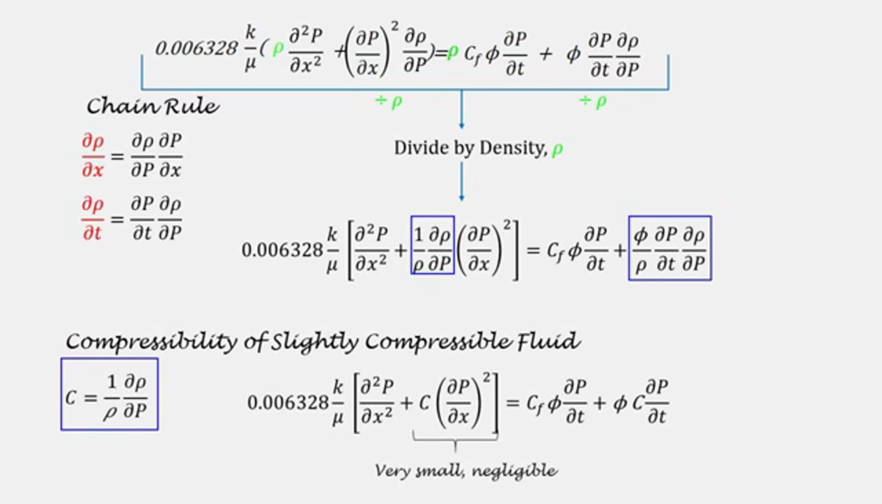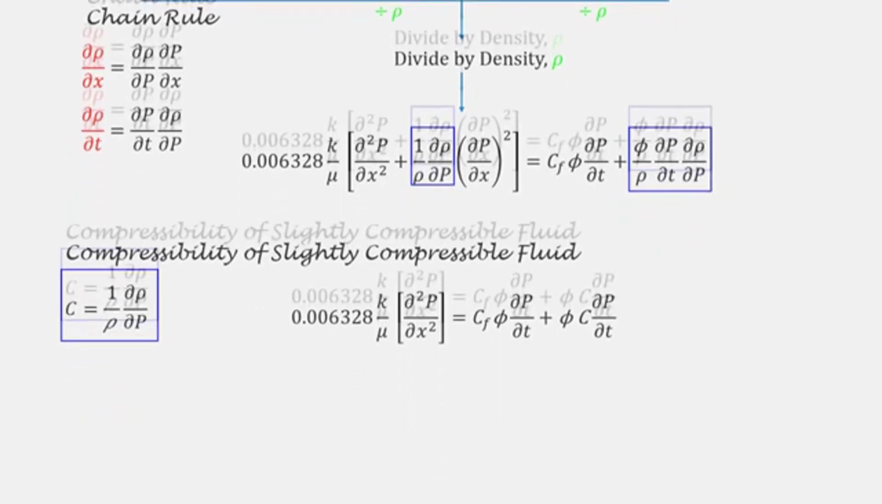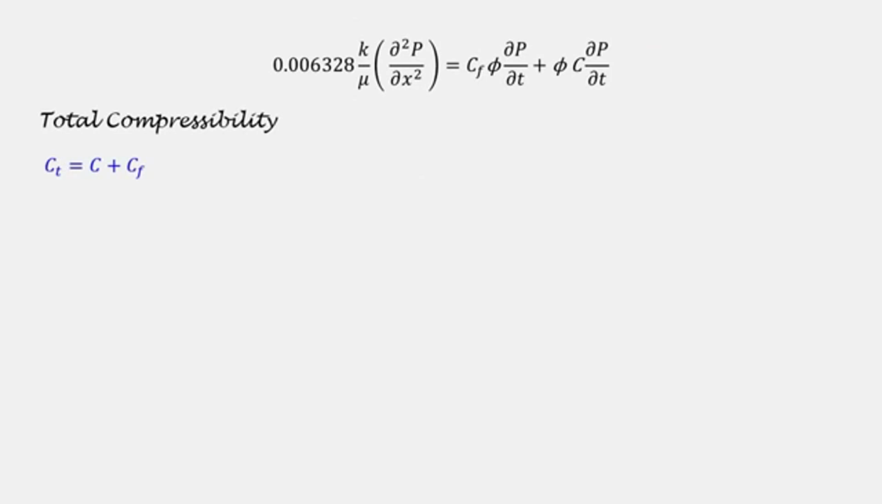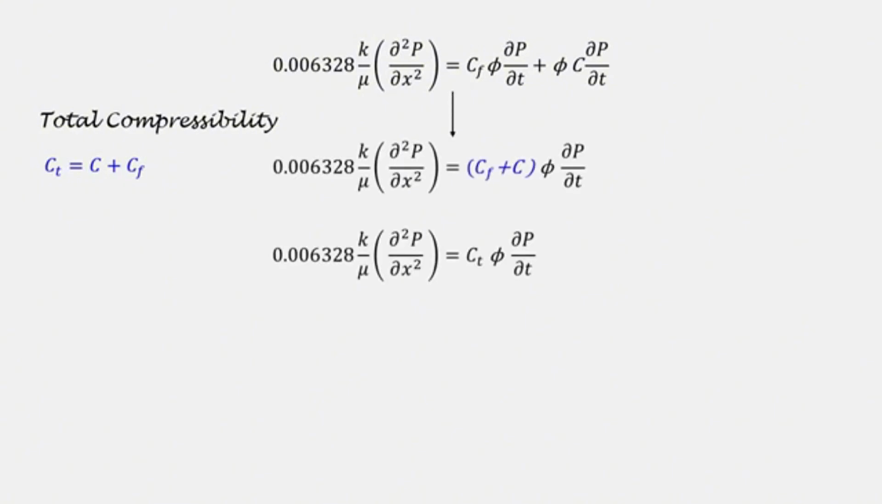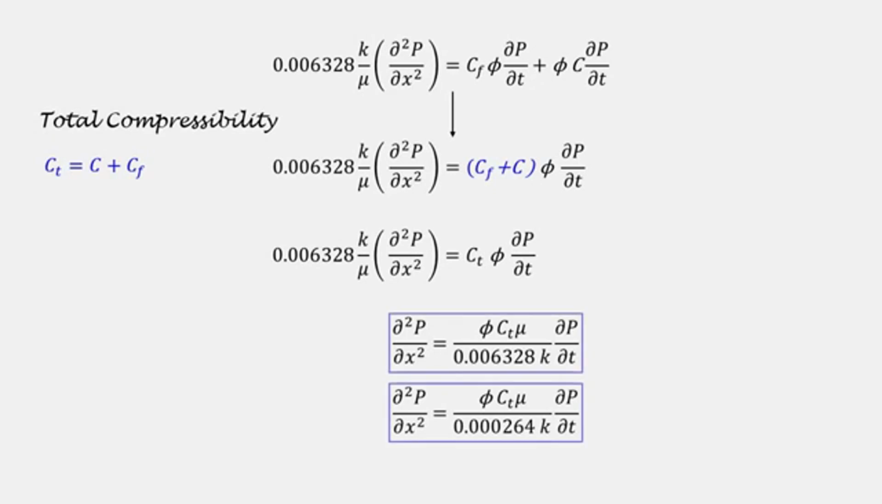We neglect the whole term as it is very small. The equation is further simplified, and as you can see, there's rock compressibility and fluid compressibility on the right side of the equation that leads to total compressibility c_t. The equation is rearranged, and finally we've got the diffusivity equation, one in terms of days and the other in